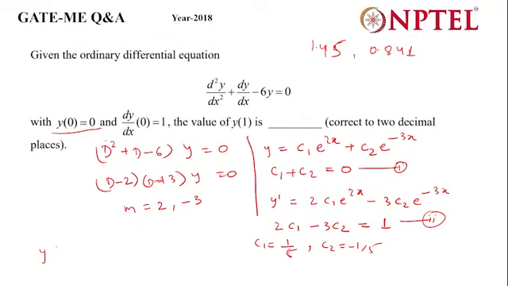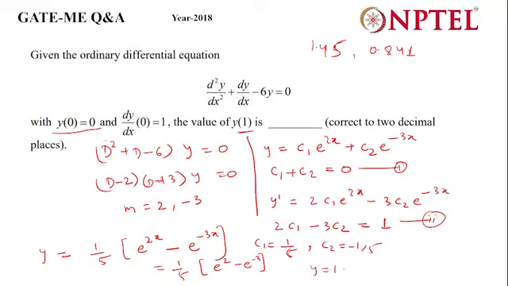So your solution will be y is equal to 1/5 e^(2x) minus e^(-3x). Now what they are asking is the value of y at x equals 1. Now you will put it here, it will be 1/5 (e^2 minus e^(-3)). When you solve this using a calculator,